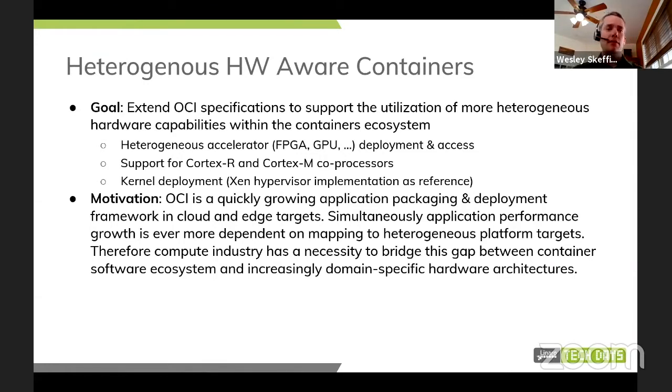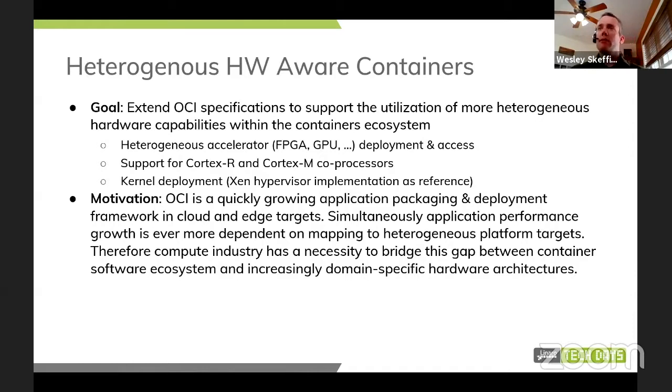First, we're talking about things like accelerators that can be implemented in FPGAs, GPUs, et cetera, and not replacing them, but really tying them into the OCI for deployment and then container access to those accelerator resources. Second is we want to create this, call it a common dashboard or a common pane of glass for managing these heterogeneous platforms.